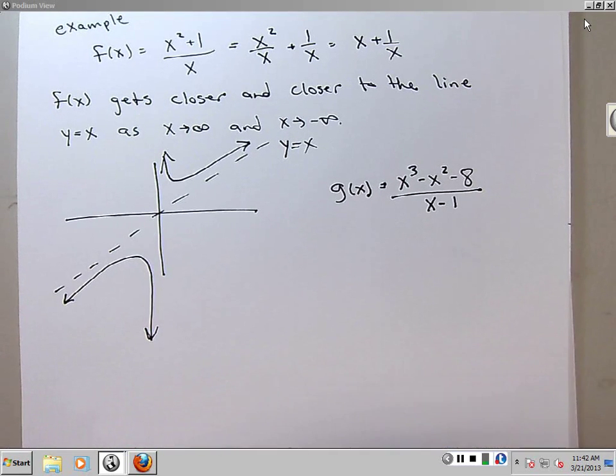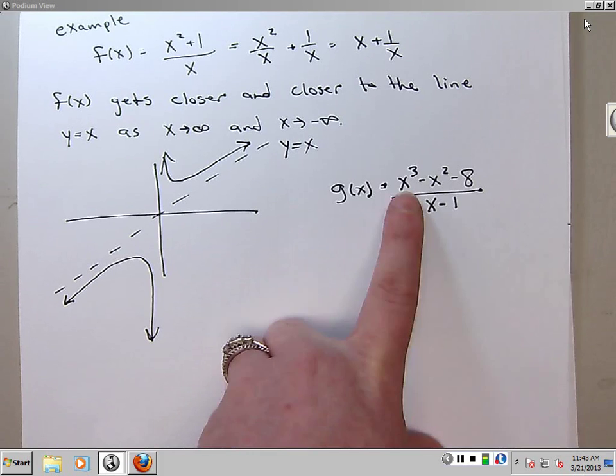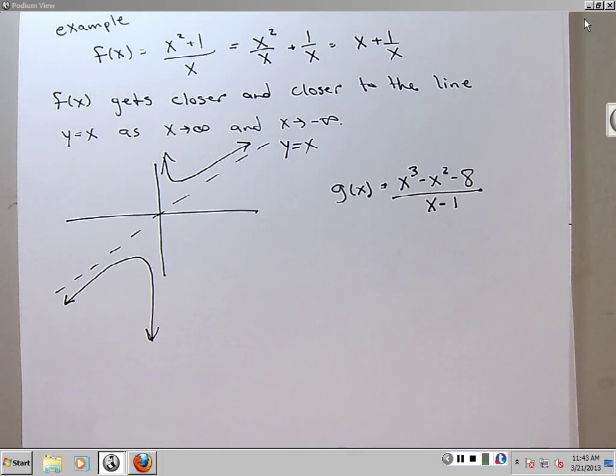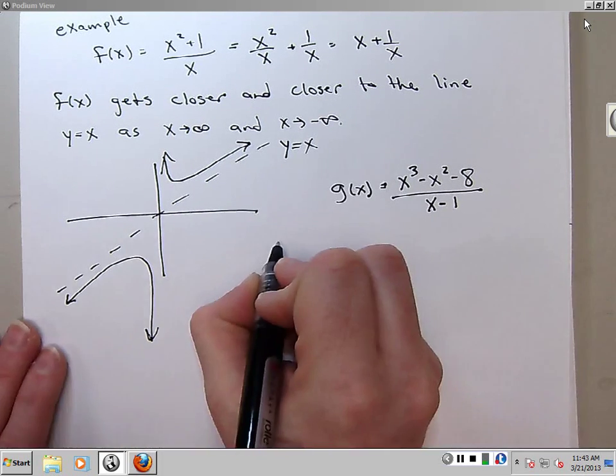So what would the end behavior go to? As x goes to infinity, the function is also going to go to infinity, right? If x goes to minus infinity, what's the function go to? Well, the highest power of x is cubed over the x, so that gives me x squared, which goes to infinity, right? So the end behavior is going to both go to infinity, but it's going to approach a curved line. So doing long division,